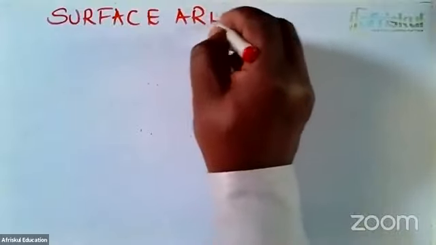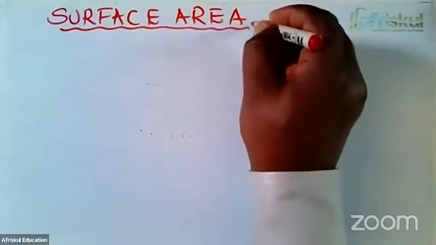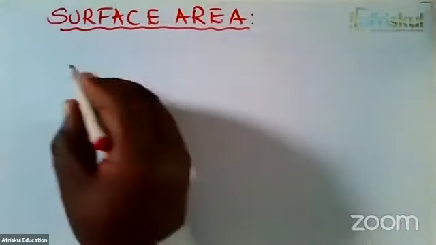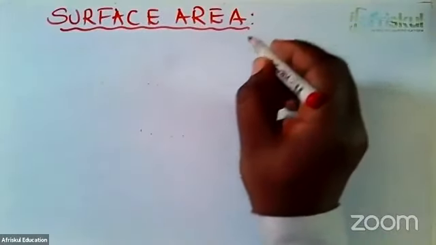I want us to look at the surface area of cylinders. Let me start by looking at what surface area is. Surface area is the area of the surfaces in a three-dimensional figure. And when we talk of the area of the surfaces, these are the faces that we can see. For example, we can get the surface area of a cube,